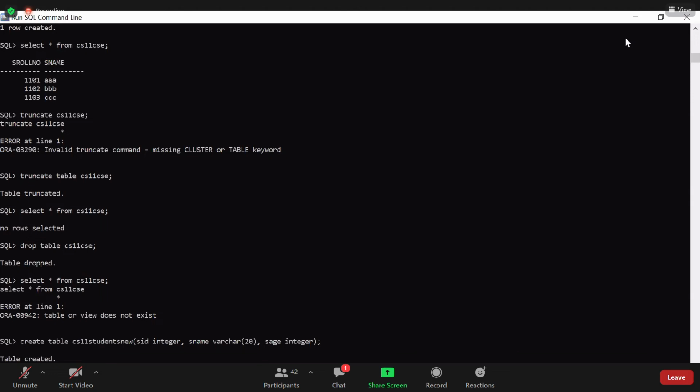Insert into, see, you have to note down the syntax. The syntax is insert into table name, values keyword, and within that, however many attributes we specified in the creation, that many values you have to enter here. Here I gave 3 attributes, so I am mentioning 3 values.